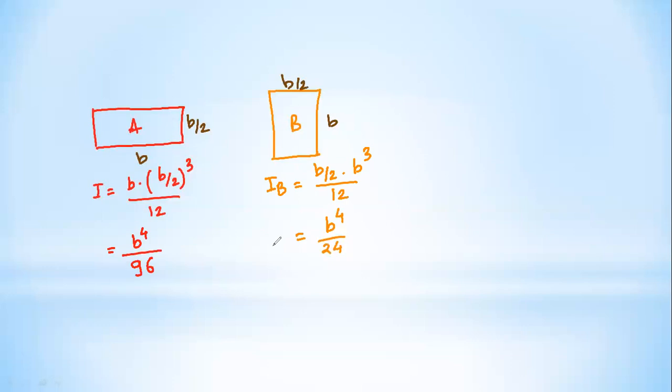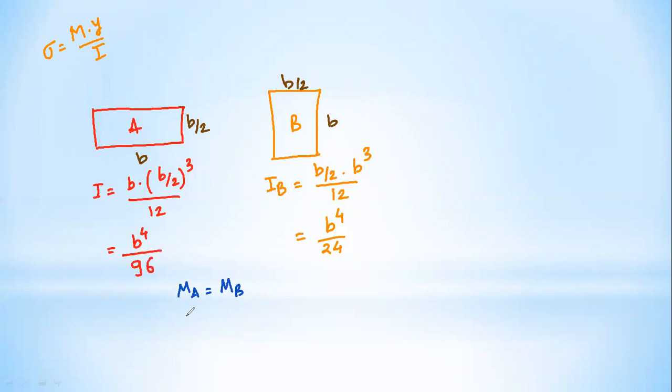24. Is it right? Okay. What we have to compare? We have to find out a relationship between sigma A and sigma B. Now we know what is sigma. Sigma is equal to M into y upon I. Now bending moment is same in both the cases. We can write, see, it is given that MA is equal to MB,